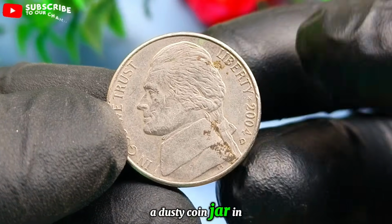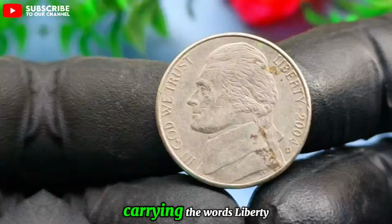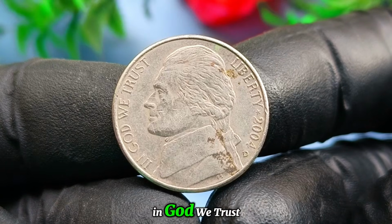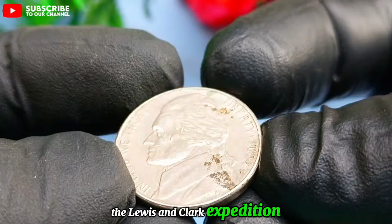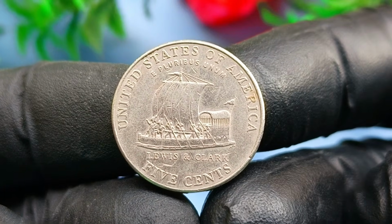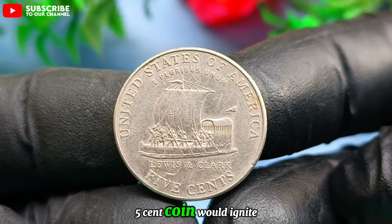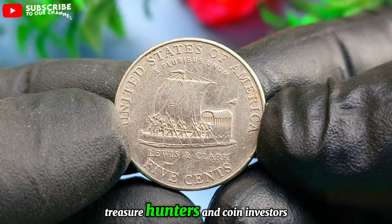A dusty coin jar in a quiet American home once revealed a simple-looking nickel carrying the words Liberty, "In God We Trust," and the legendary image of the Lewis and Clark expedition ship. Nobody imagined that this mysterious 2004 United States 5-cent coin would ignite massive discussions among collectors, treasure hunters, and coin